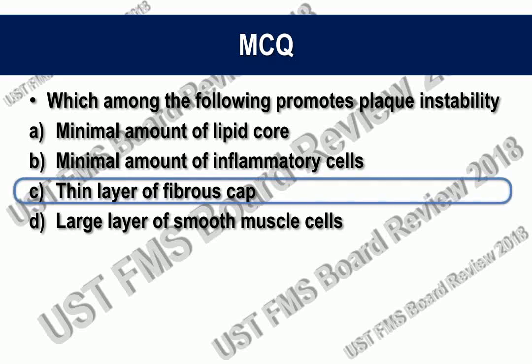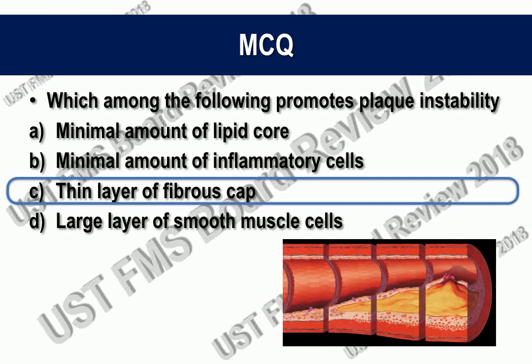So the answer here is a thin layer of fibrous cap, which means anytime you have factors or changes that would cause thinning of this fibrous cap, that would make that plaque more vulnerable or more unstable, and that would cause atherothrombosis. So the other factors, of course, when you have a large amount rather than a minimal amount of lipid core, a large amount of inflammation, as well as a small layer of smooth muscle cells, that would make